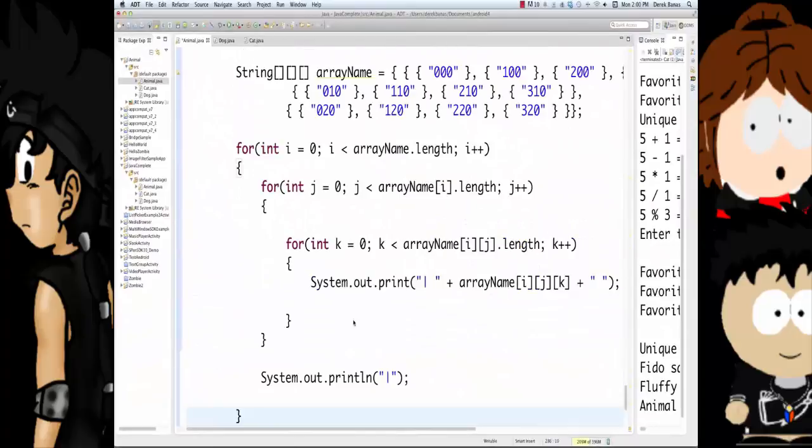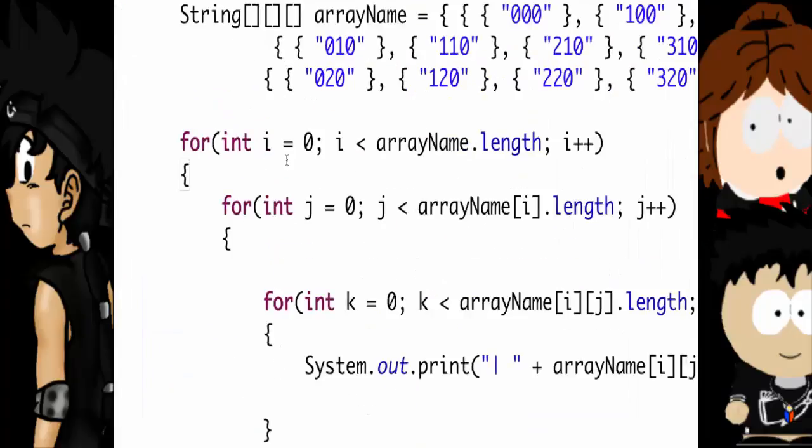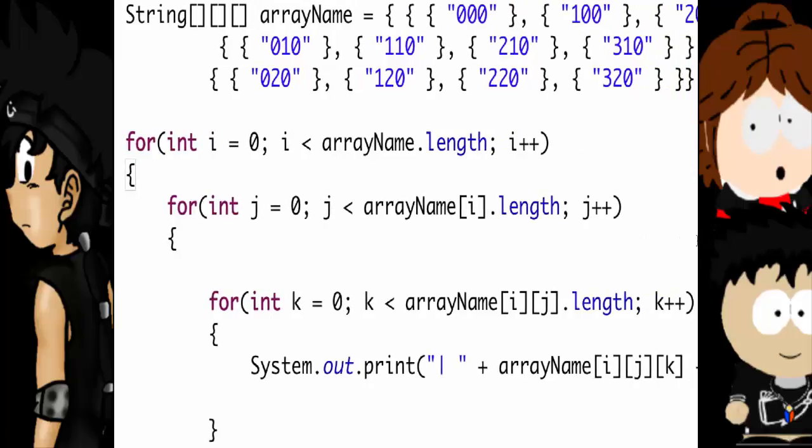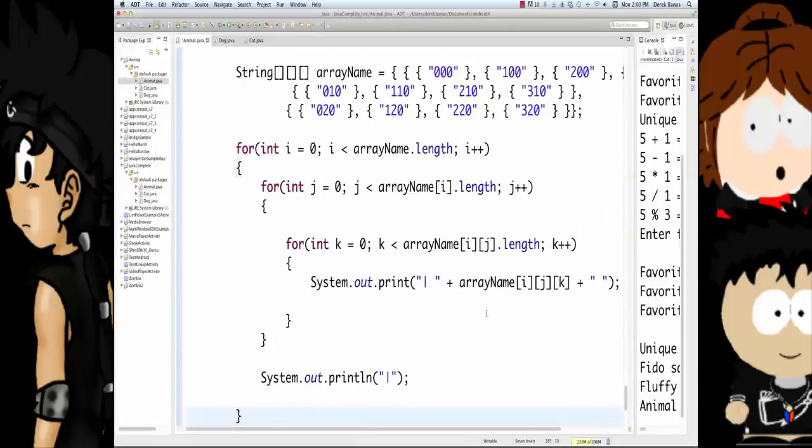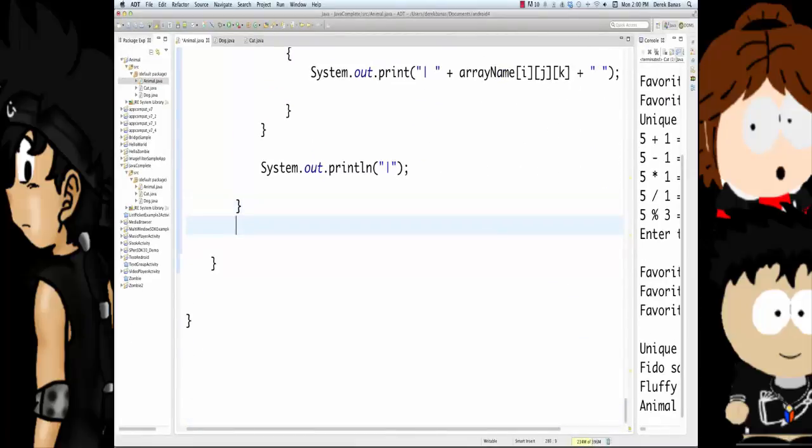And in the interest of saving some time, this is how you would print out this multidimensional array. If you wanted to print out just one array using a for loop, initialize this to 0 because the first index is 0. You're going to cycle through as long as I is less than the array name length. So this returns the length of the array. And then if you wanted to do another one, you're just going to have that there. Except in this situation, you're going to take the I, put that bracket down there, put length to get the second array length, and then for the third array, and then to print it out, of course, you just go array name followed by IJK. So that's how that for loop would work for that crazy multi-dimensional array.